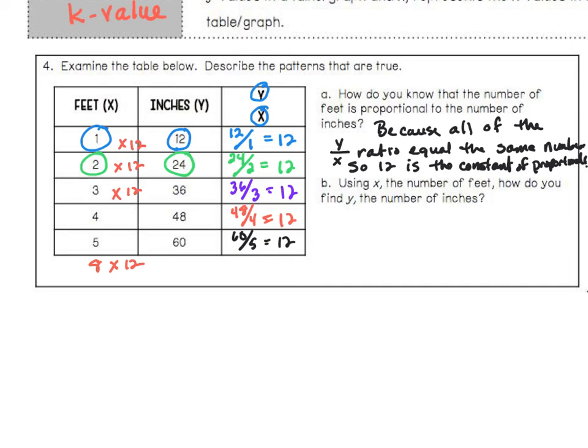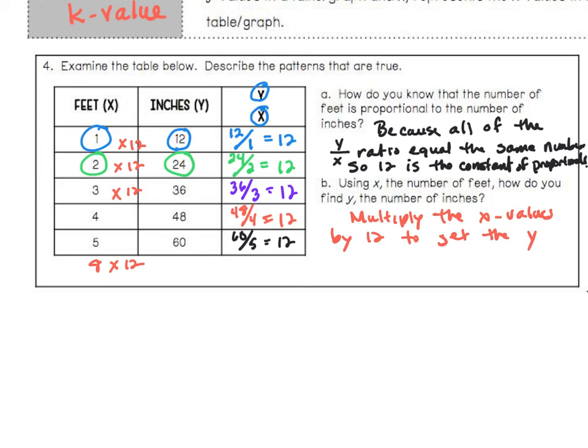So using x, the number of feet, how do you find y? Well, you multiply the x values by 12 to get